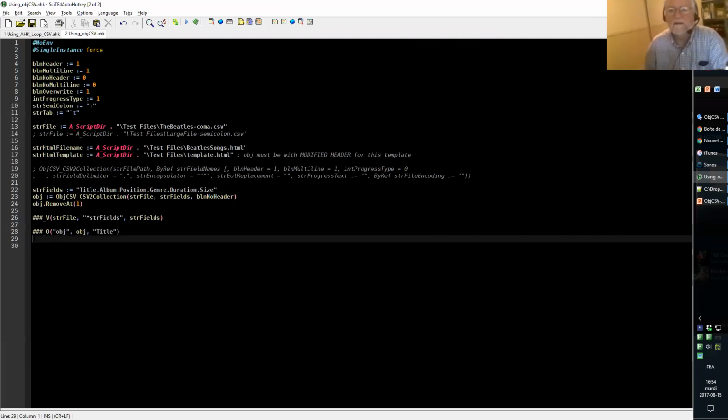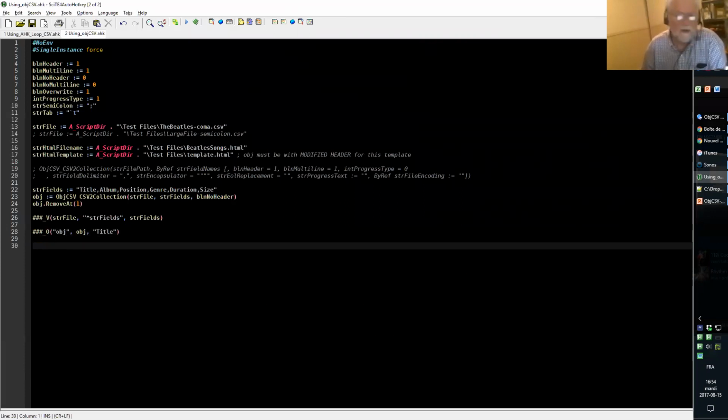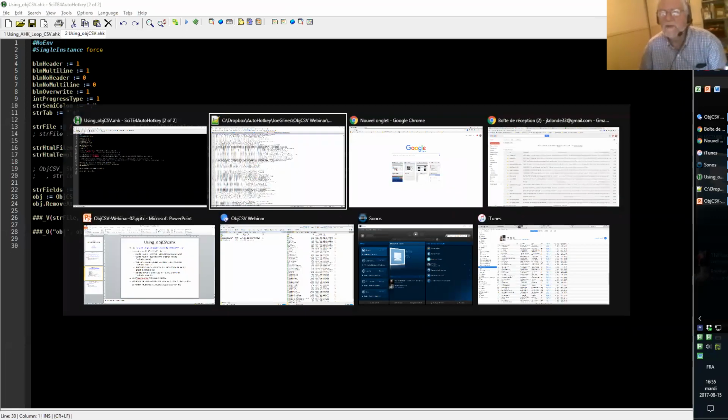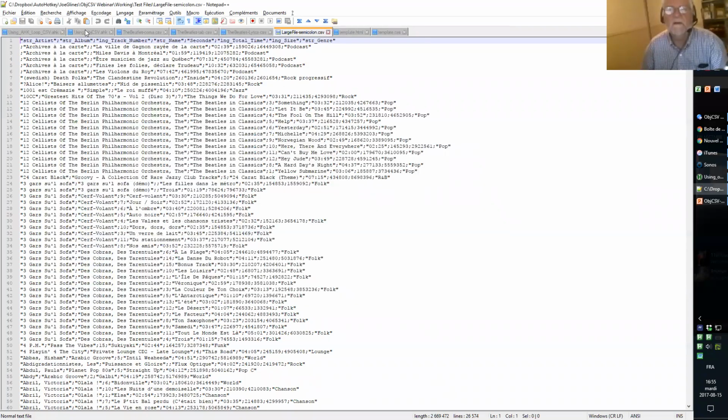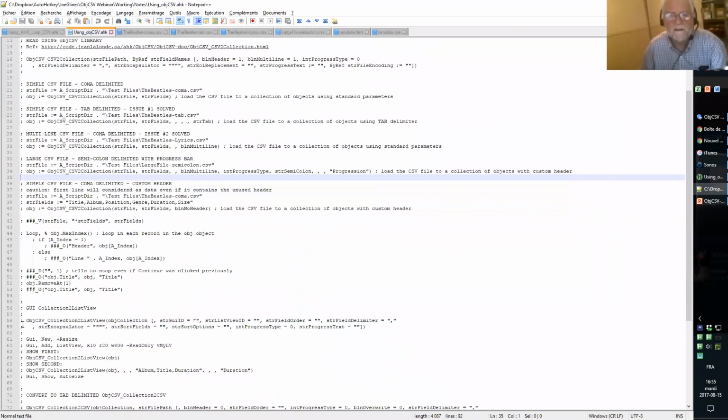So the next thing, I don't know how much time we have, maybe 10 more minutes? Yeah, about that. So we'll now put the content of the object into a list view. We'll see, and I'll proceed quickly, how to take this object and put it in a text file, but saying that we can change the delimiters, can change anything we want in the file. And in the end, how we can export it to an HTML file using a template. So I don't know in 10 minutes how good I will be. Maybe I will just copy some code that I already wrote for that.